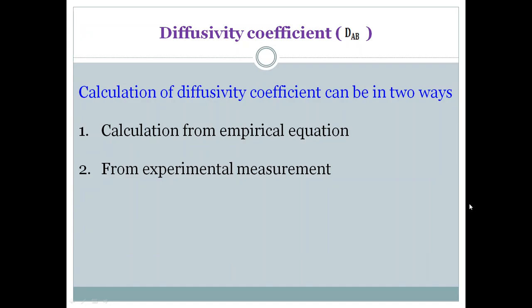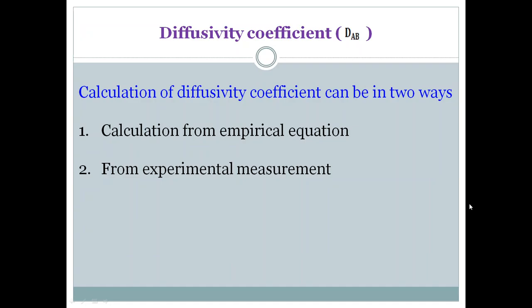But if the actual diffusivity coefficient is 1.5 into 10 to the power minus 5 instead of 1.5 into 10 to the power minus 6, then the volume of your separator may reduce from 100 meter cube to 10 meter cube. So a 10-fold decrease. You can understand how much cost difference there is between a 100 meter cube equipment and a 10 meter cube one,